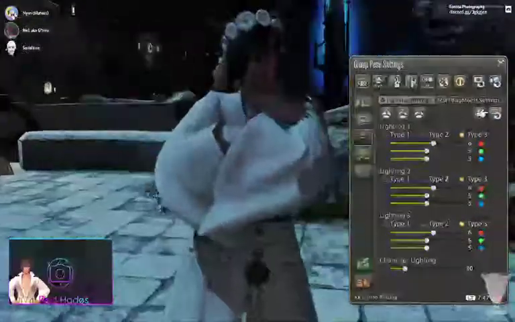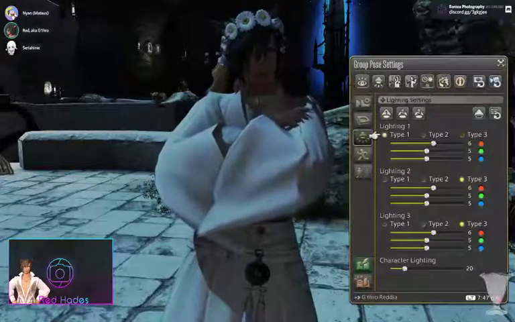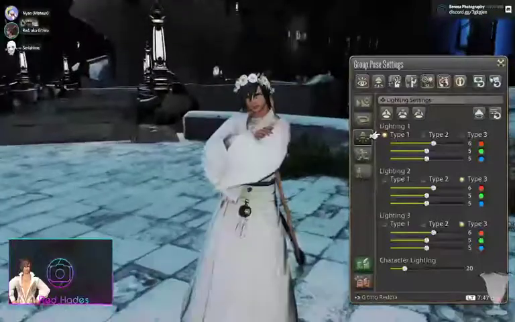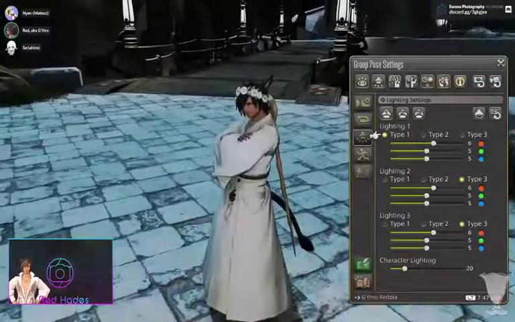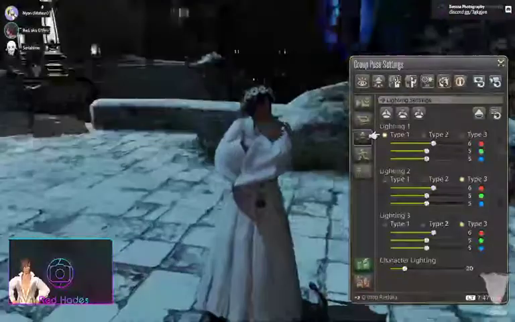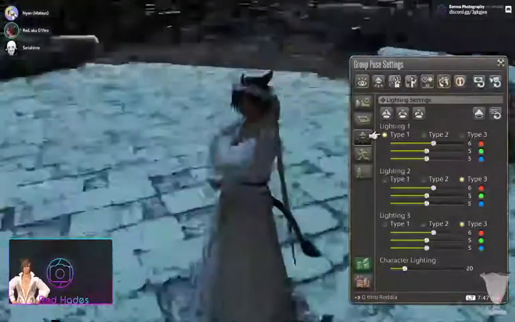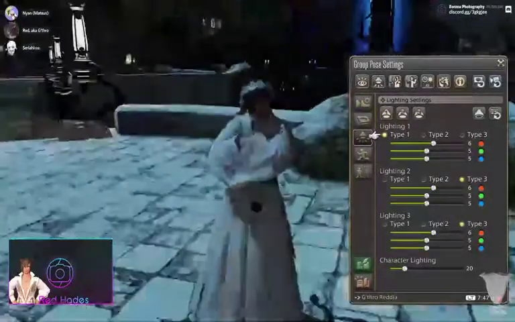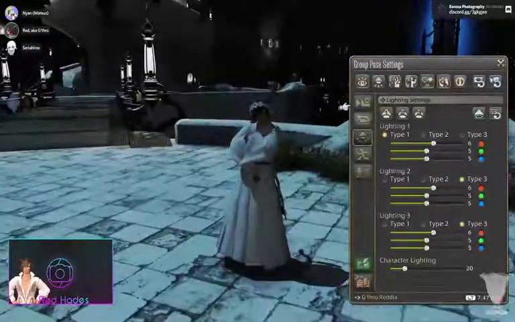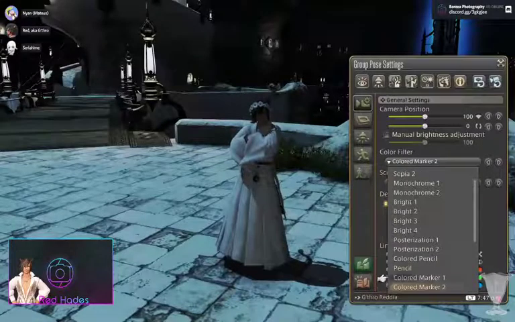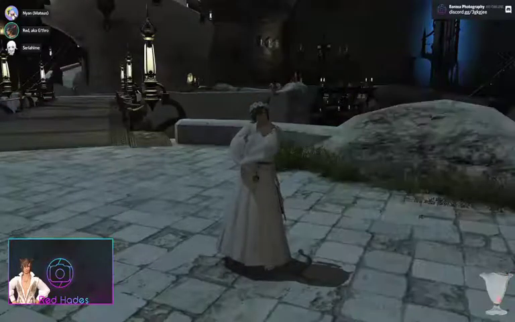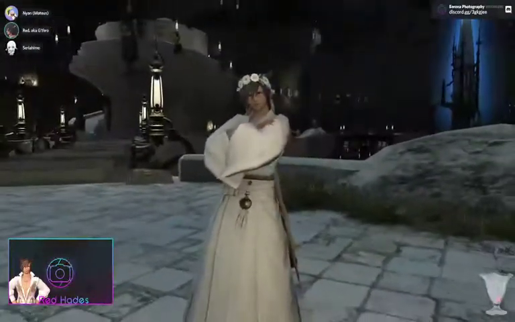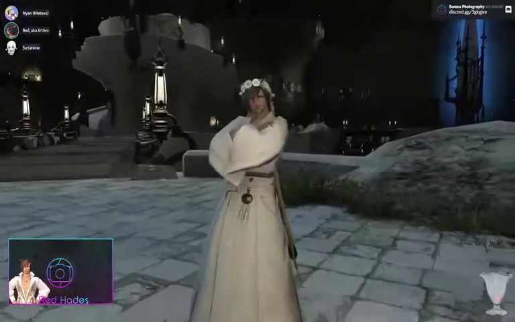So if I want to have better lighting over here, I can probably start with the type 1 and do something interesting like this maybe. Let's say, it's kind of hard because of the color marker too right now. But yeah, your GPOSE lights at this point are gonna be